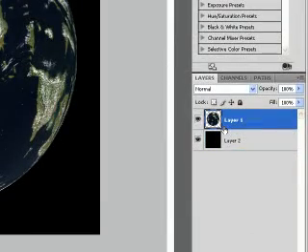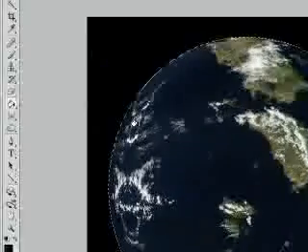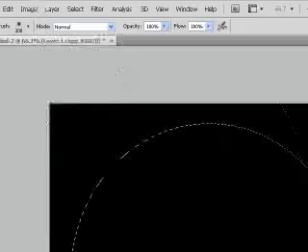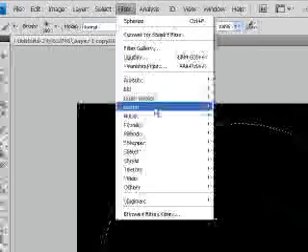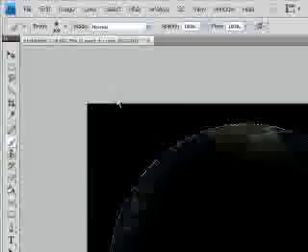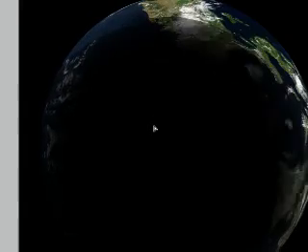Now, on the planet layer, you're going to duplicate it, and you're going to select it. And now what you're going to do is paint it completely black. We are going to be using this for your shadow. Now you're going to go to Filter, Blur, Gaussian Blur. Put it at about 50%. Now deselect your planet and drag it down,